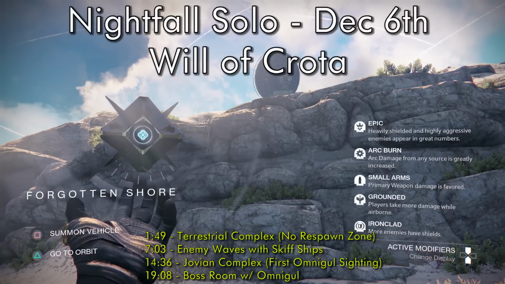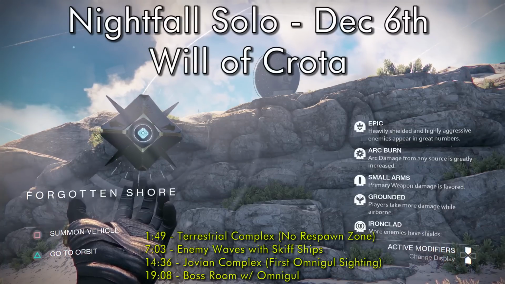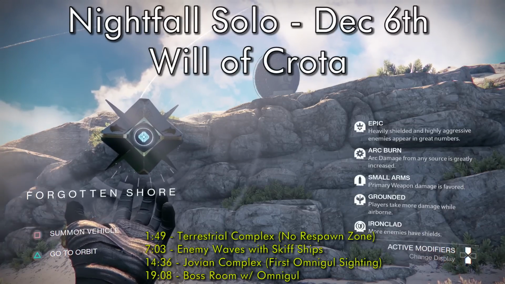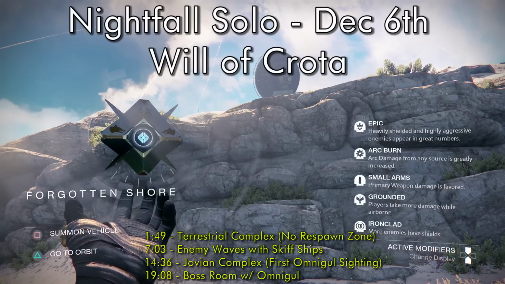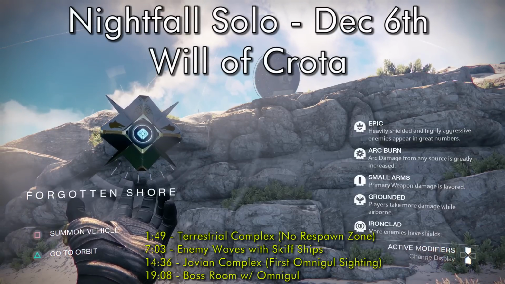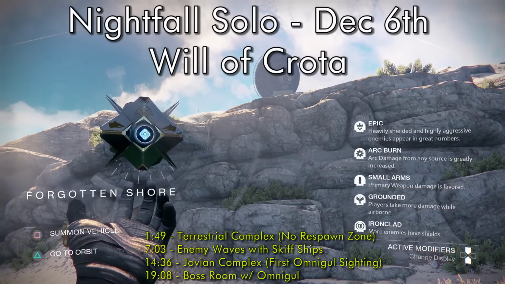Modifiers we've got this week on the Will of Crota strike against Omnigul are Arc Burn. So arc damage from you is ×2, arc damage from enemies is ×3. Small arms primary weapon damage again ×2. Regular or special and heavy weapons are 3/4 damage. You've also got Grounded, more damage while airborne, so keep your butt on the ground, and IronClad, more enemies